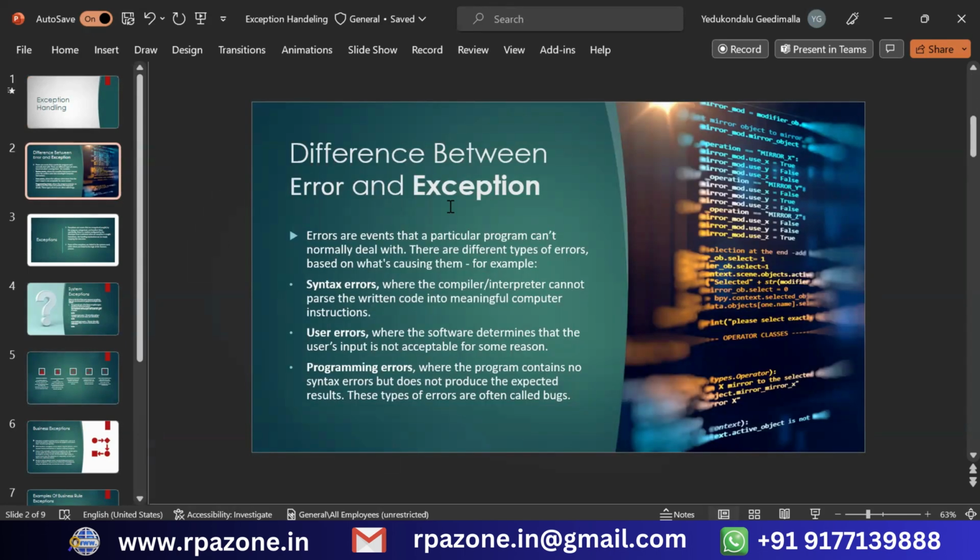What is the difference between exception and error? An exception is something the robot can handle, but an error the robot cannot handle. Errors are events that a particular program cannot normally deal with. There are different types of errors: syntax errors, user errors, programming errors. So many errors will come, and those types of errors we cannot handle. Only exceptions we can handle. If you want to see it,